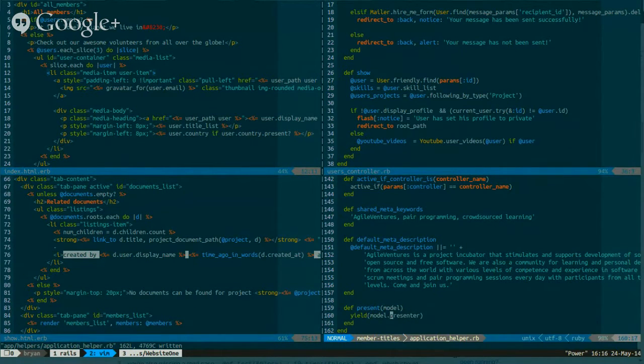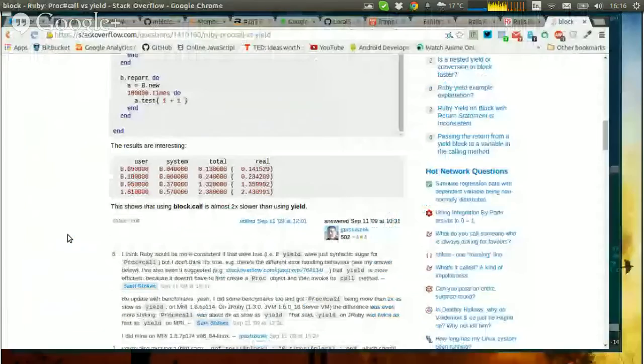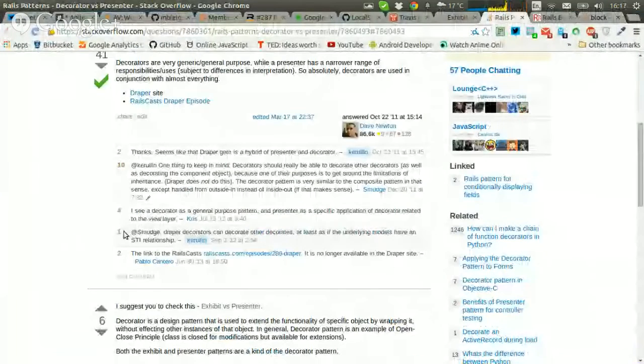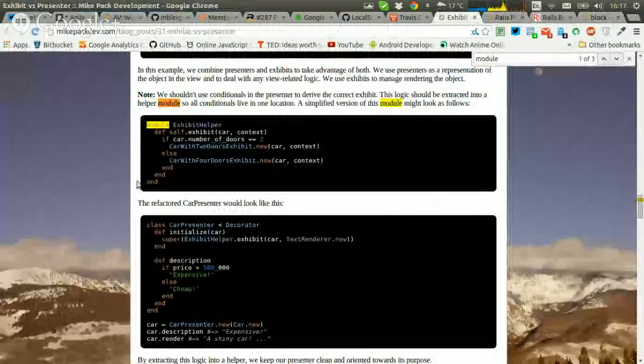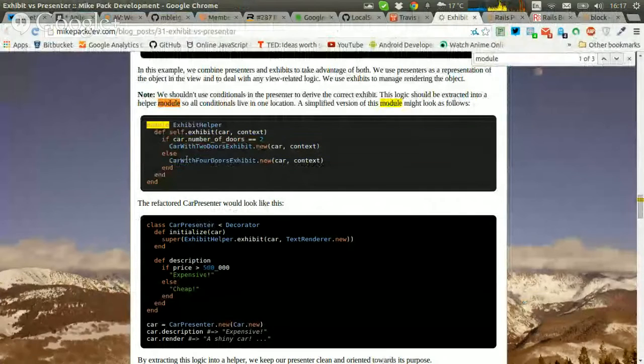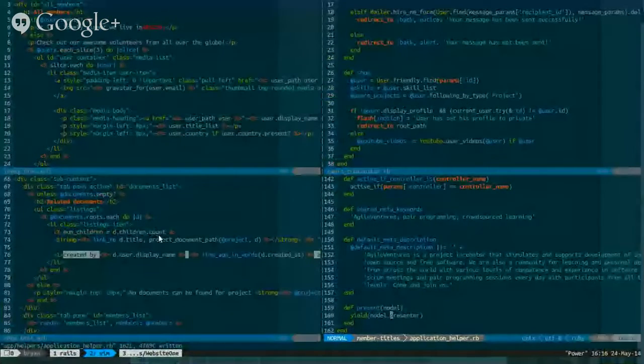The reason why I want to do this model.presenter is because I want to have the ability to switch, just like the blog John listed. So you can switch between presenters based on a certain criteria. So I was thinking of mixing that in with the model. No, not mixing it in, but